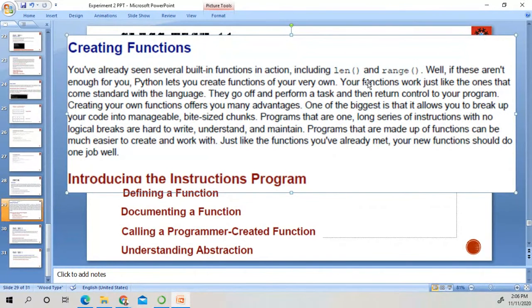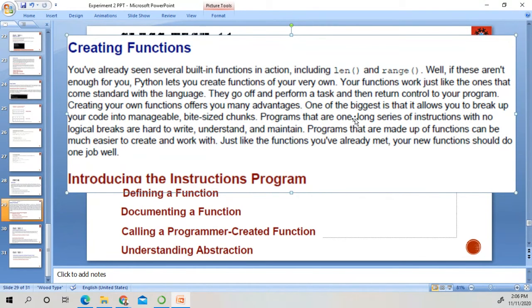Okay, so your functions work just like the ones that come as standard in the language. They go off and perform a task and then return control to your program. Creating your own functions offers you many advantages. One of the biggest is that it allows you to break up your code into manageable, sized chunks.